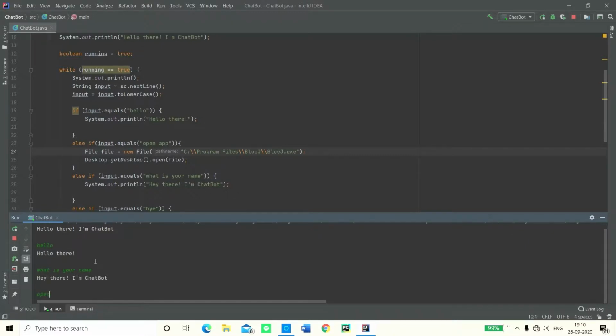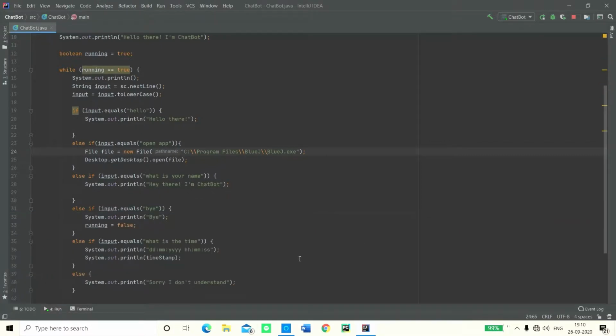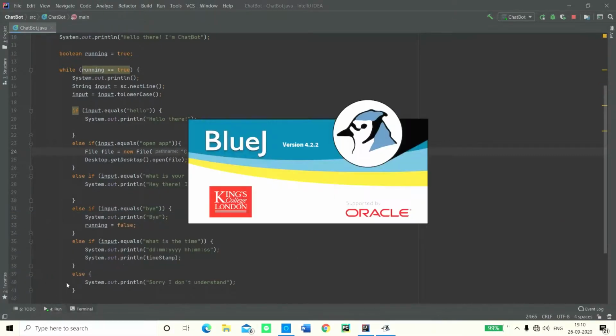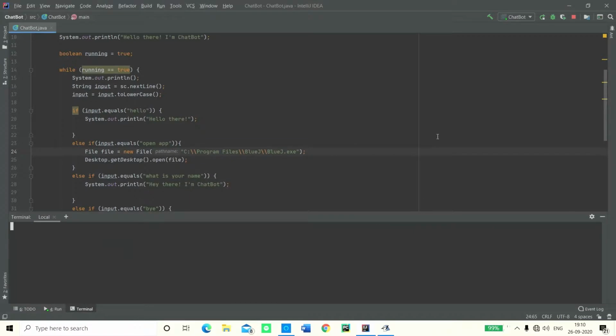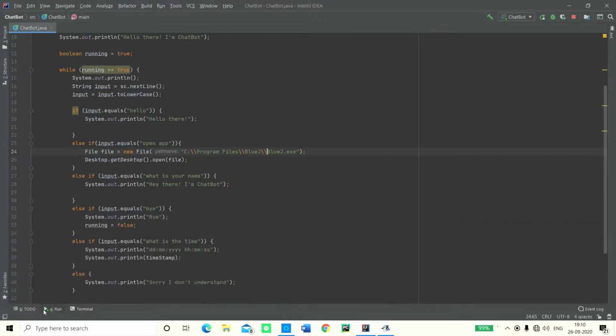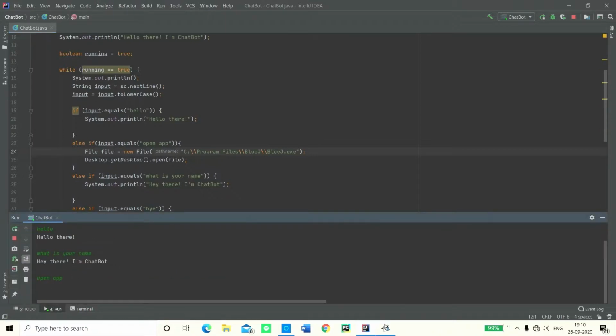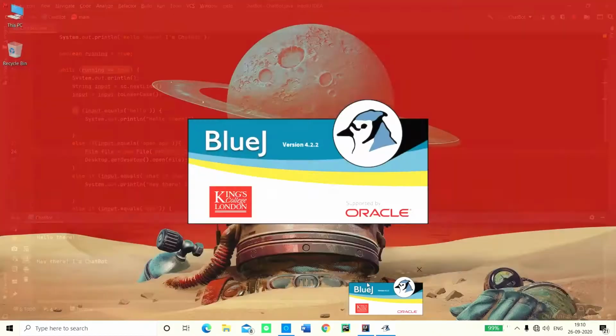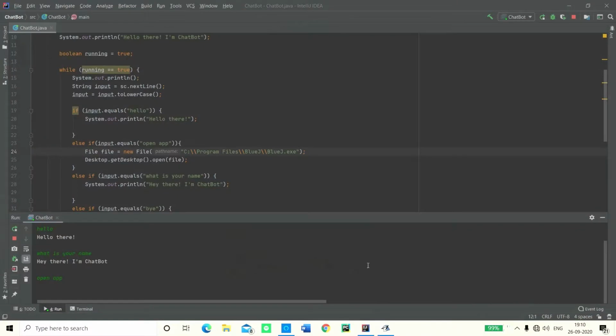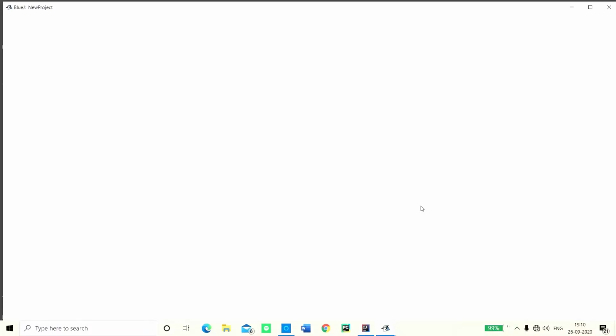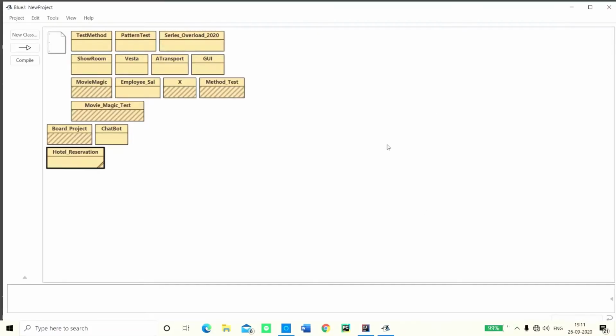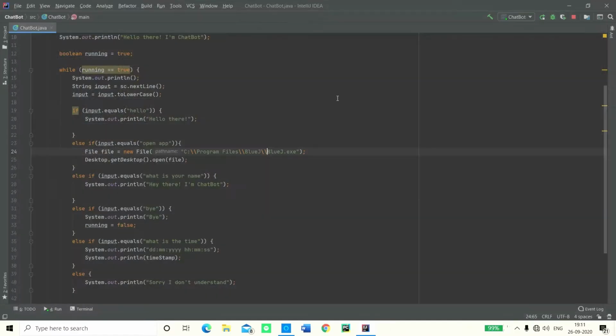I'm chatbot. Now let's actually say open up, and it's going to open BlueJ, and BlueJ takes a little bit of time, so I've minimized a little. There we go. Right, you saw I didn't really open anything. I absolutely did not open anything, and it has opened BlueJ successfully. You can see that. So that is how it's working, and it actually is absolutely really clear.